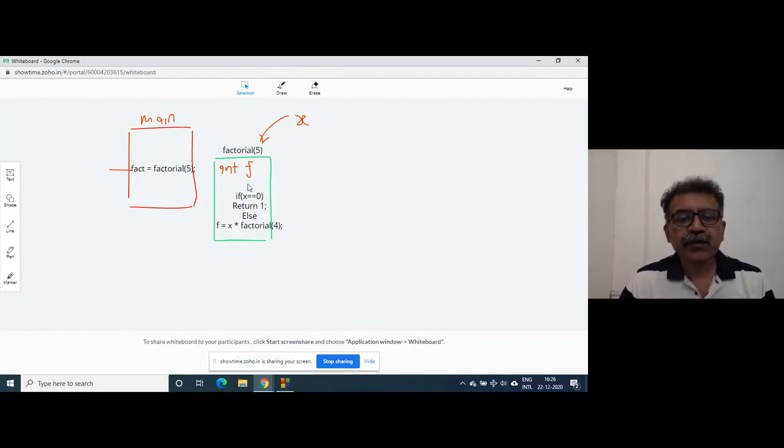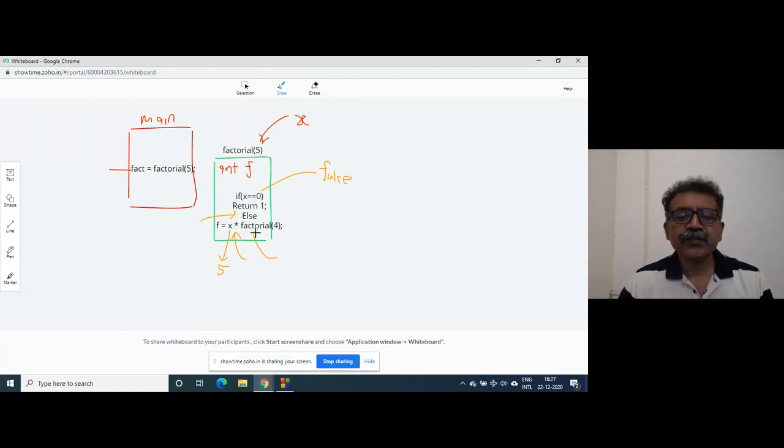Now what happens when control, as far as x is concerned, x is 5 here in this function, right? So this condition is false, so control moves here to the else part. In the else part, when this statement is executed, x here is 5, right? 5 multiplied by, this is a function call again.